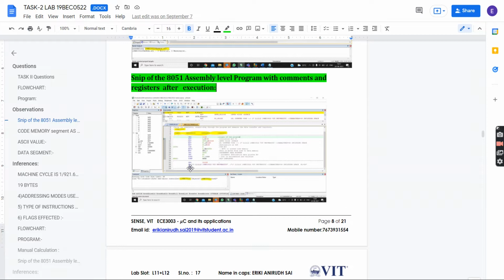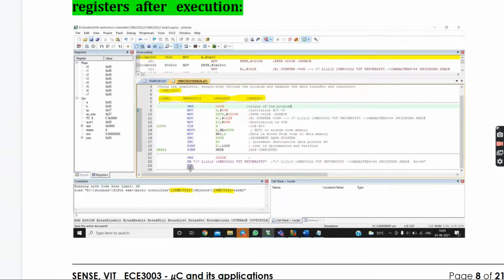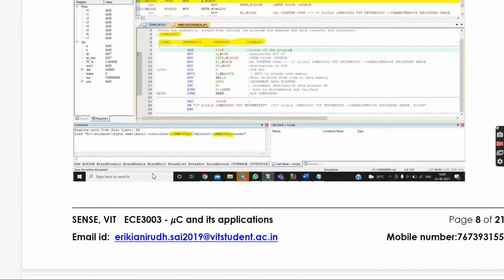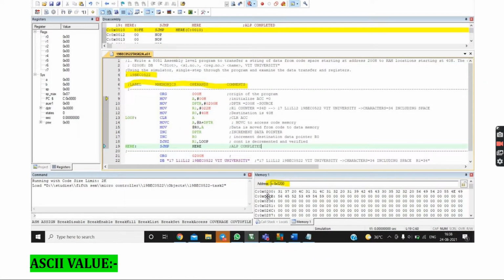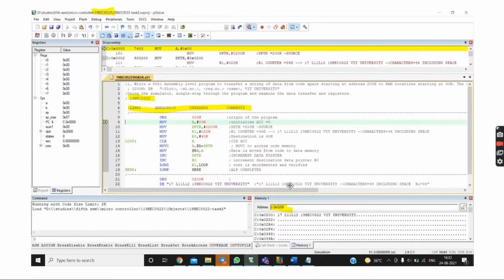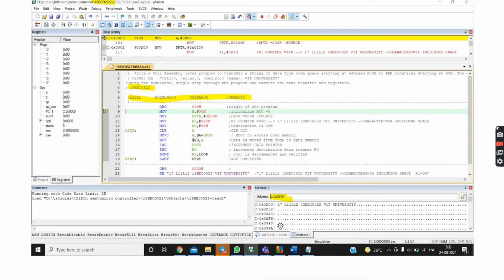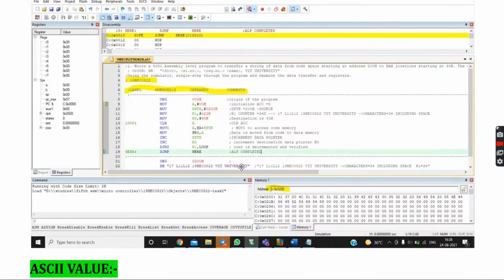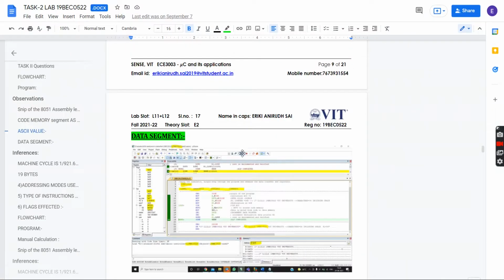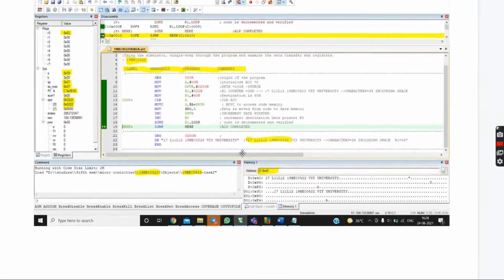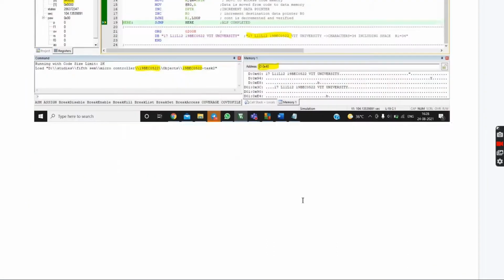And coming to my execution, I have executed my code right here, and as you can see, this is the memory which I have got in address C200. I have changed it a bit so that we can see it in a different way and understand it: 17, L11, L12, and this is what I have given here. So I got it as output right here, and this is what we have been asked, and this is the data segment. This is also one which we have been asked.